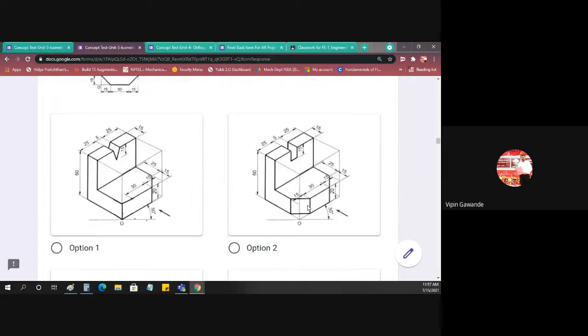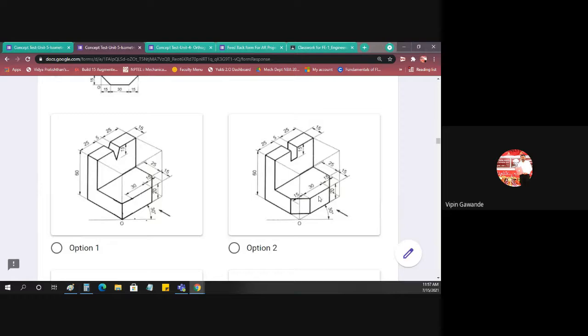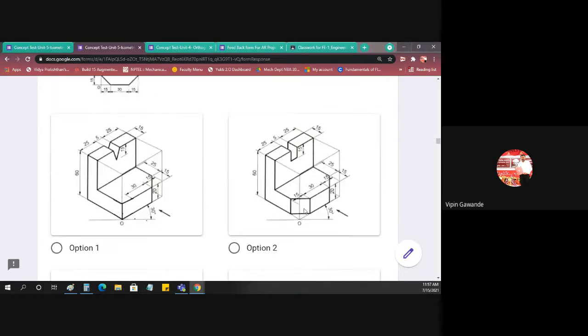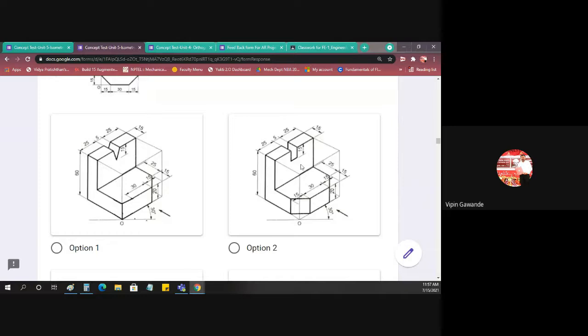Then we have to check the V notch. Here the V notch is not there. Here there is a square notch, or rectangular notch. We don't want a rectangular notch, we require a V notch, a V cutout. So though at the bottom 3 rectangles are there, 1, 2 and 3, we are not getting this V cutout. So the V cutout is not there, so this is not the correct option.